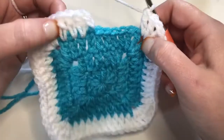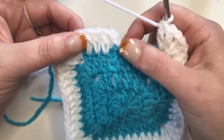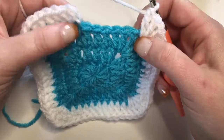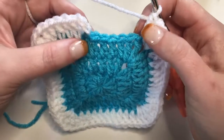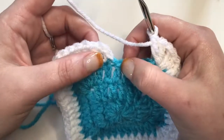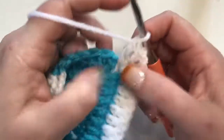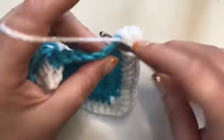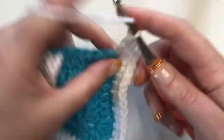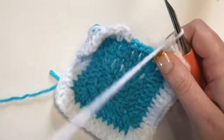So to finish this out, remember we started out with 4 double crochets already. That's counting that chain 3. So in order to get 10, we need to do 6 more. So we have 1 that's part buried, 2, 3, 4, 5, and 6. And remember, this doesn't count, it just connects the chain. So we're going to pop that to the side and work our 6 that we already counted out right over